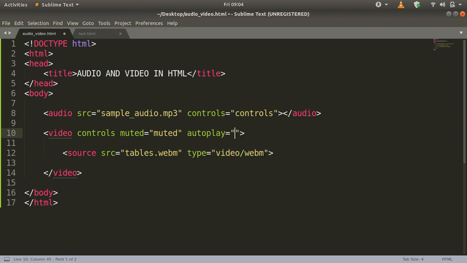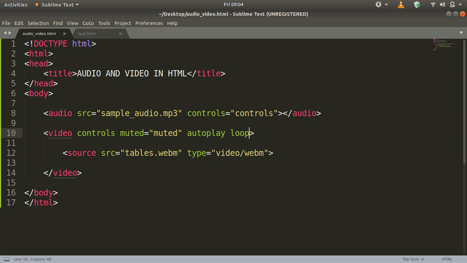So what autoplay is going to do is play your video automatically whenever the page loads, but sometimes it is annoying to the user, so you have to use that depending on the requirements. And the next one is loop. So what it does is when the video gets completed, it plays again and again in a loop, so that can also be annoying, so you have to just consider that.